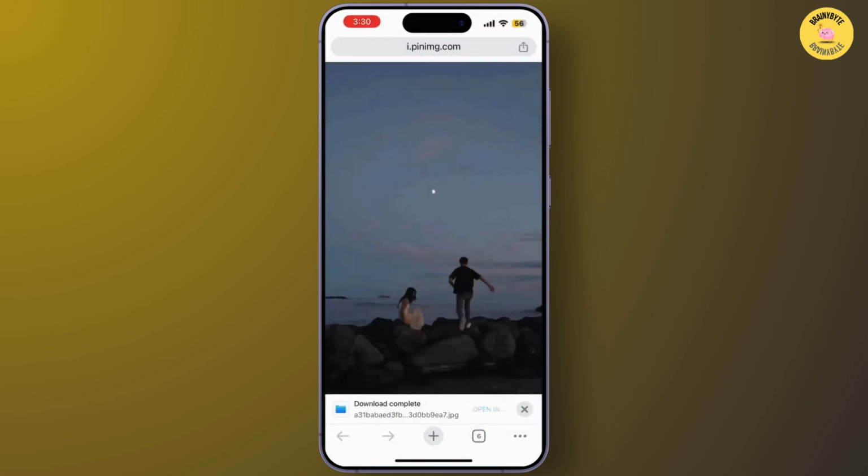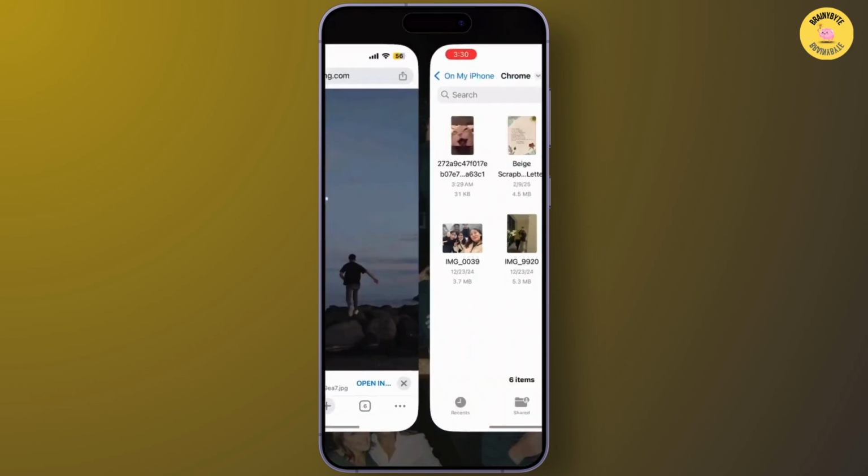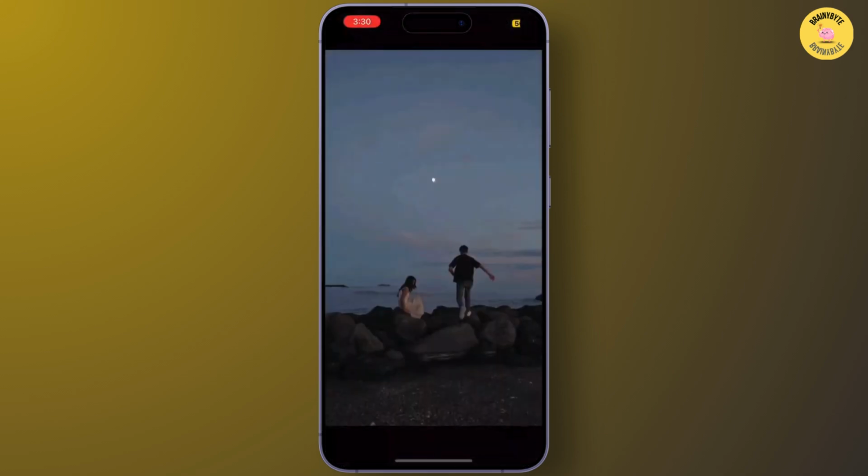Let's do that. Once you've done that, simply tap on open in. Click on open in downloads. Now let's tap on it. As you can see here, it has been downloaded as a picture, but if we want to download it as